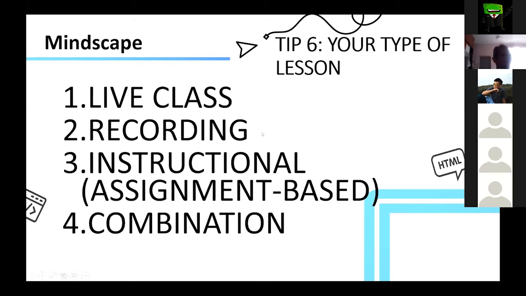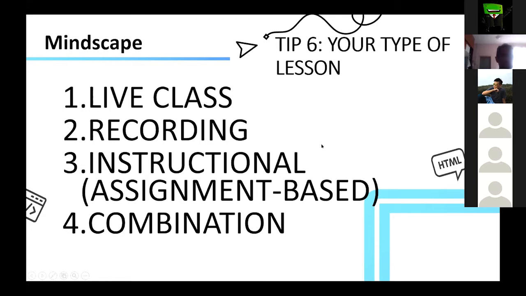You can do any combination, let's say combining one and two. You can do a live class, end the live class at a certain time, and then ask the students to proceed to a recording that you've recorded and placed somewhere. It'll be more interesting when you do a combination instead of sitting there for 2 hours listening to someone talking. Maybe you can do a recording, have a special edited video they can see, or do an instructional video for them to practice what they've learned. There are a lot of types of lessons you can use.